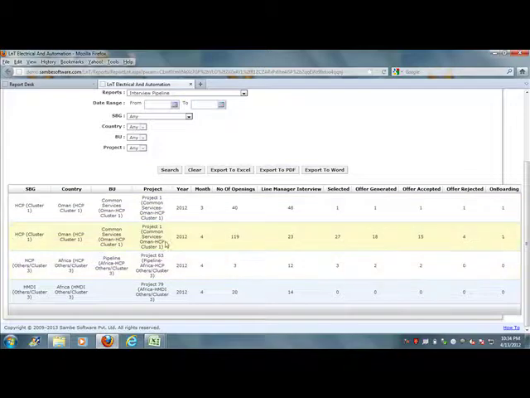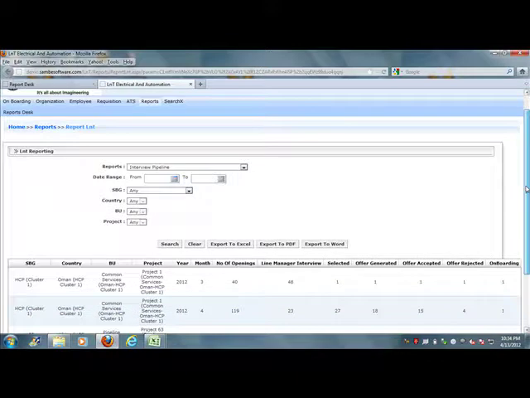In this way, under SCP, under the country Oman, Common Services BU, project 1, in the year 2012, in the particular month of April, there was an opening of 119. In this, 23 have gone for lineups, 27 have been selected, offer letters have been generated for 18, 15 have accepted, 4 have been rejected, and 1 is under processing. In this way, you can see the interview pipeline report. Our next report will be the manpower histogram report.